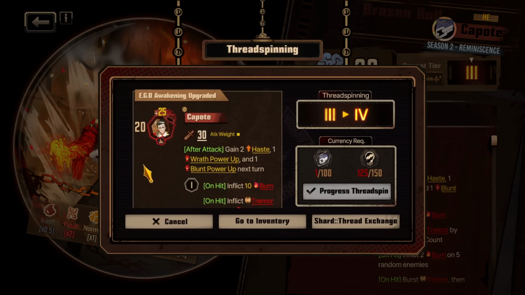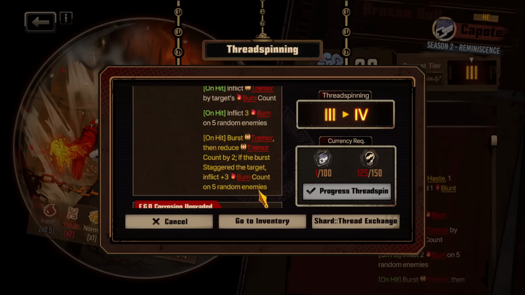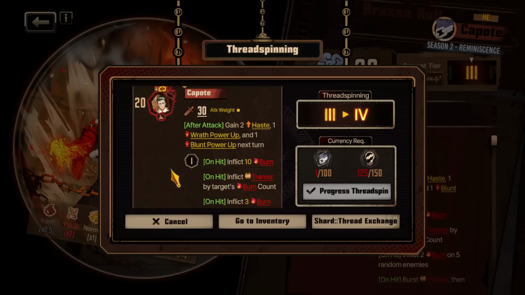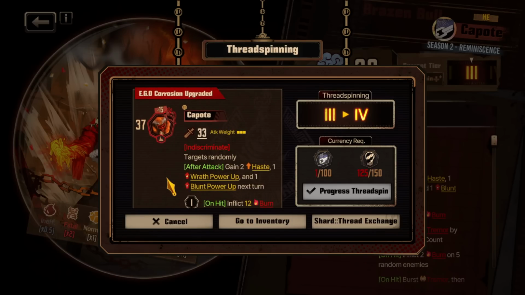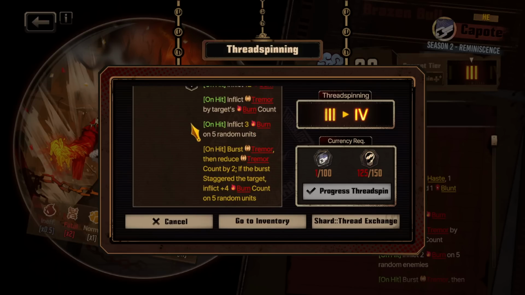Meursault's Capote gains 10 coin power. I don't know why this happened, but as a fan of Capote, I'm not going to complain. Inflicts more burn on all enemies, and inflicts more burn count if the burst staggers. That is very significant. Like, this is a really good ego. Already was, because it's super easy to fuel, and giving it 10 coin power, definitely not necessary, just makes it better. The corrosion doesn't gain any coin power, but does become AoE. It inflicts a lot of burn. Inflicts a lot of burn on everybody, in fact, and also inflicts a lot more burn count if it bursts